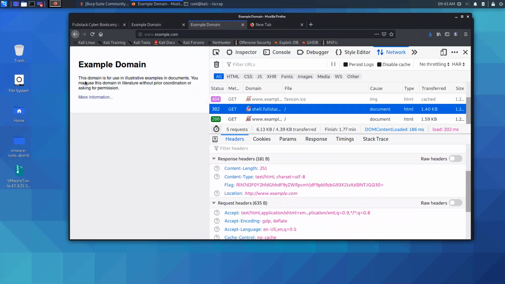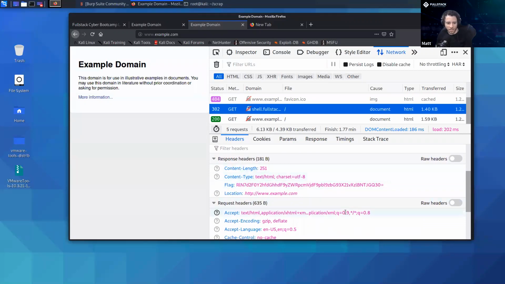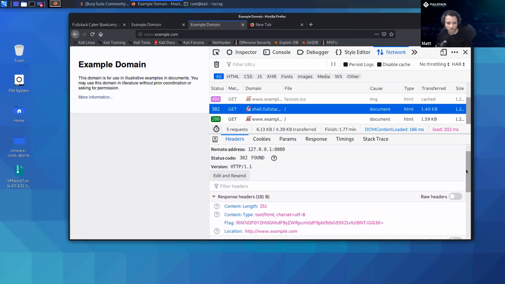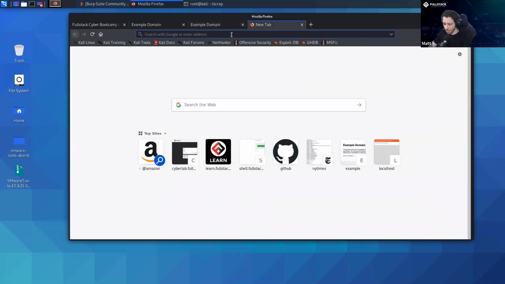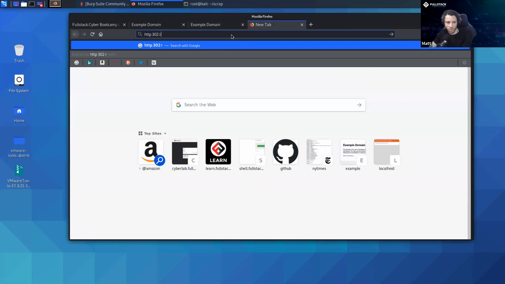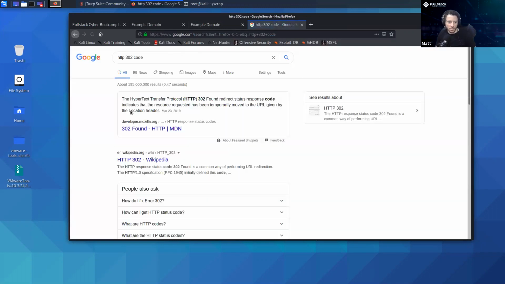Cool. So there's the response headers. You can see there's a flag. And the other thing that I wanted to show you is that the response code was 302. So we should probably look up what a 302 means. It should be like HTTP 302 code,